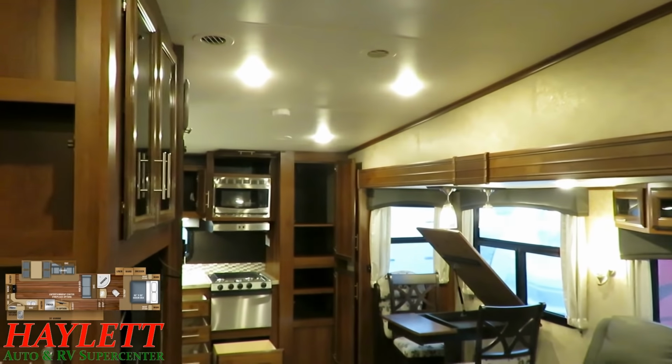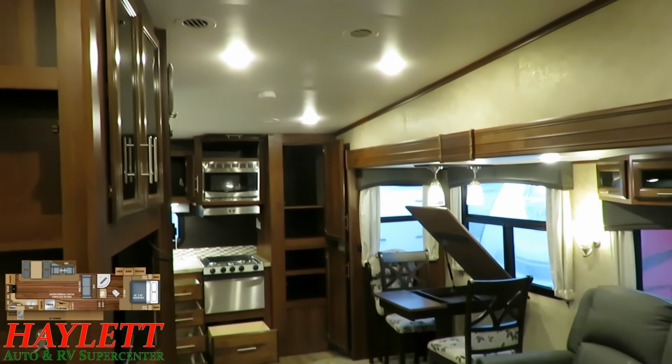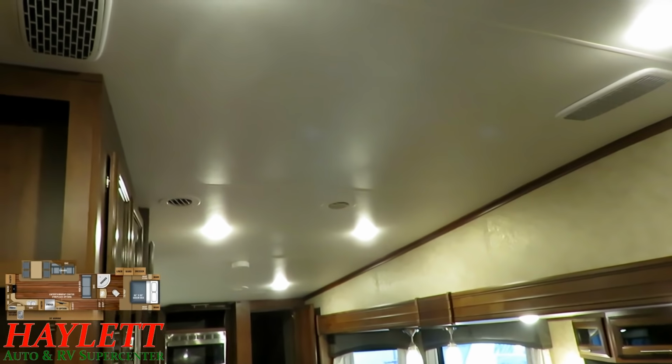You just kind of keep your finger on the switch, or, you know, obviously you can just flip the lights off and on, as it were. But look at the lighting package they have. It's really aggressive. What's also important is not just what you see, but what you don't see, and that's the